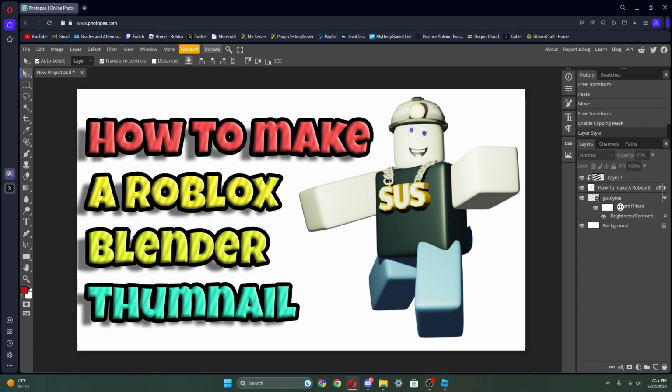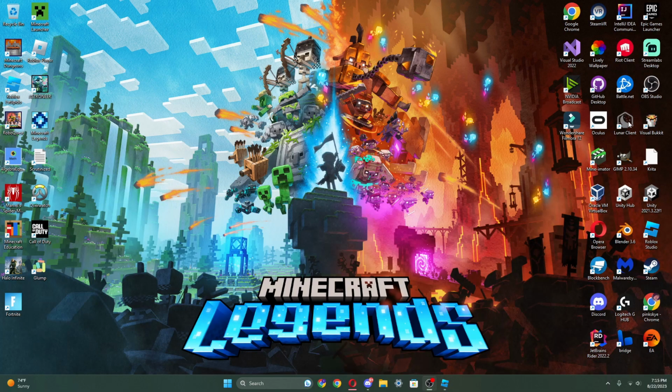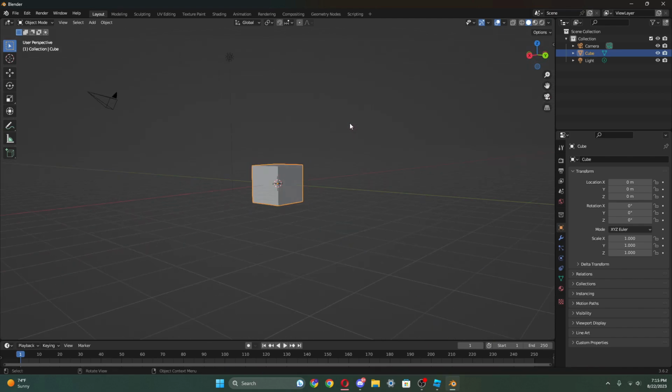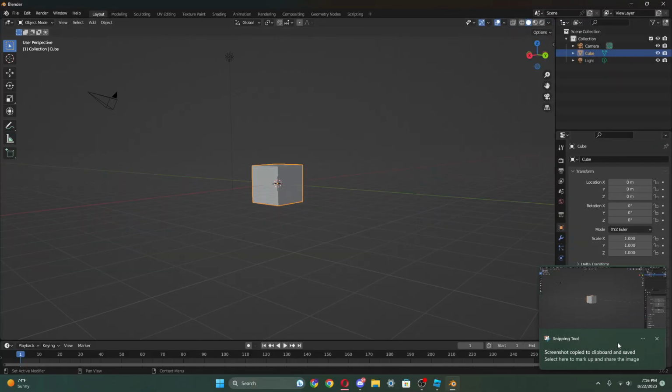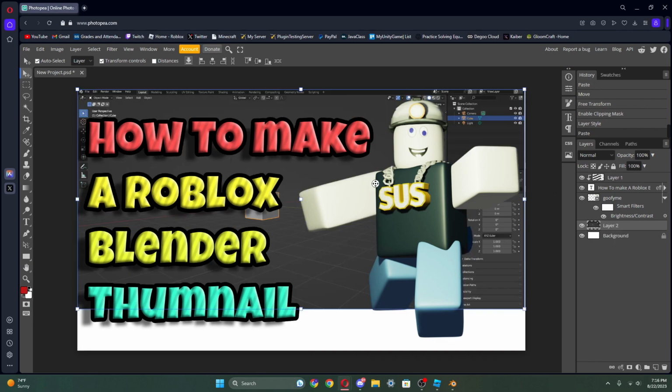All right, so now we can just actually put background wherever we want. We can add some other details a little bit. But what I'm gonna do is, since we are doing Blender tutorial, I might go to Blender, guys. So I'm honestly gonna go to Blender. So I'll go back to Blender here, and maybe I'll go to like general, and I'm just gonna take a screenshot here. So I'm gonna just take a screenshot of this entire thing. Boom. I'm just gonna copy it,